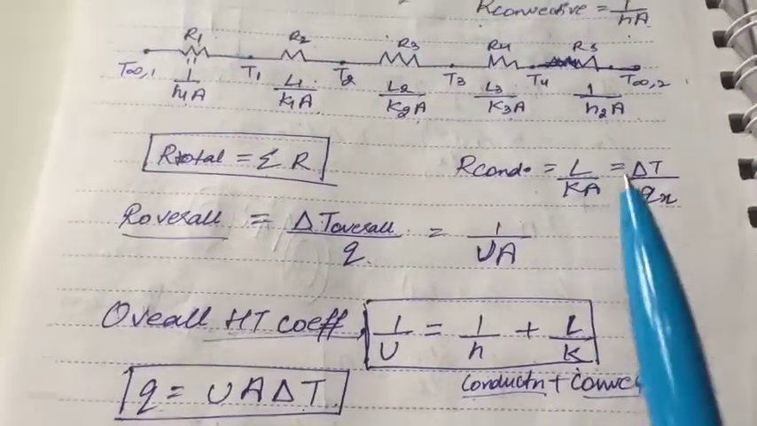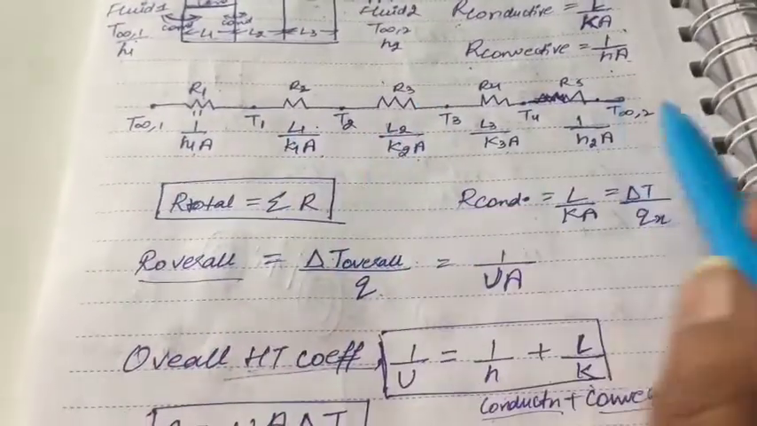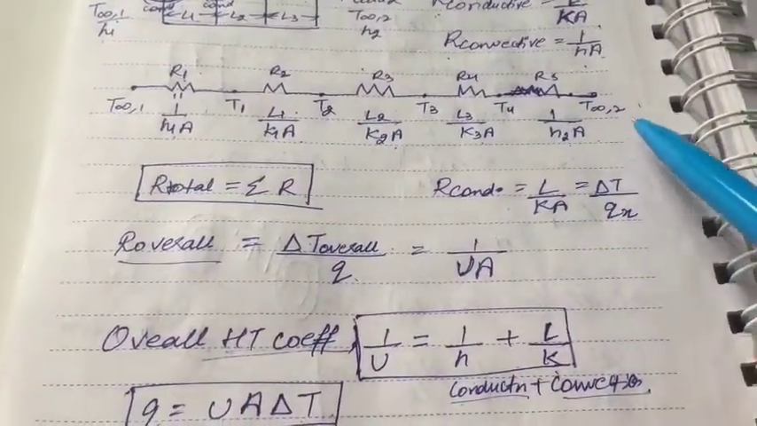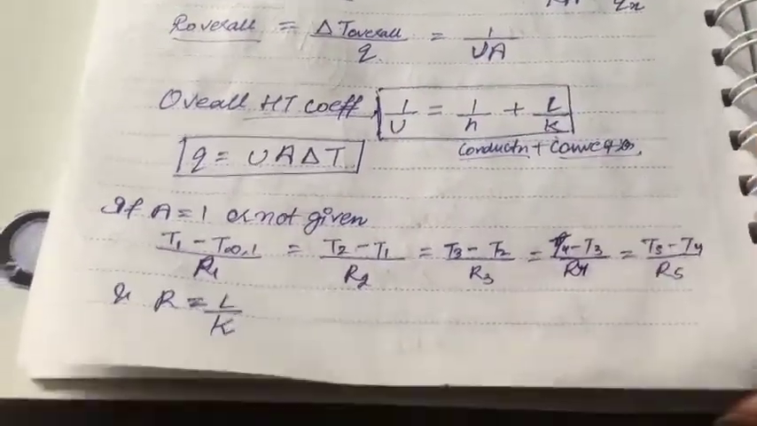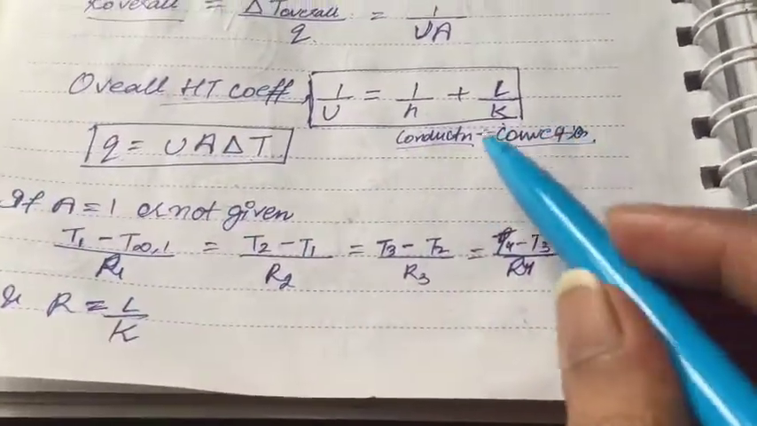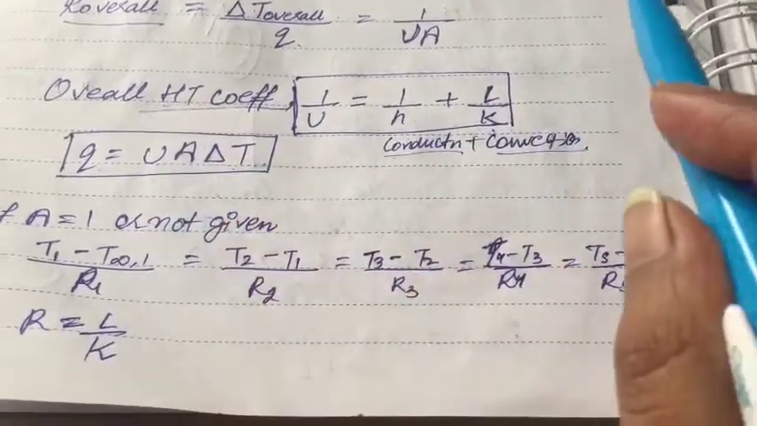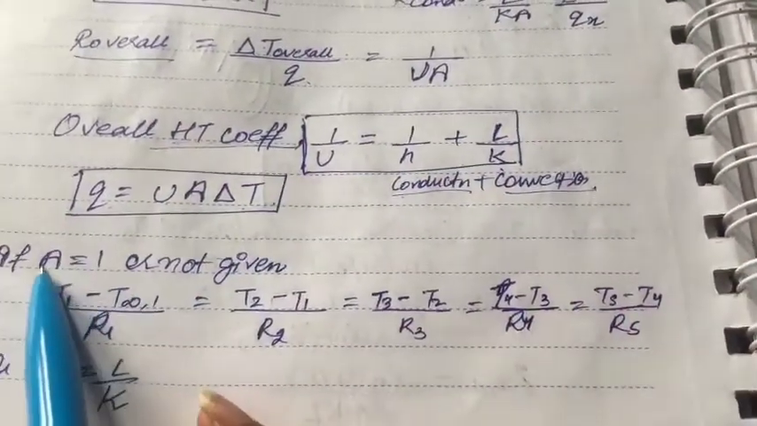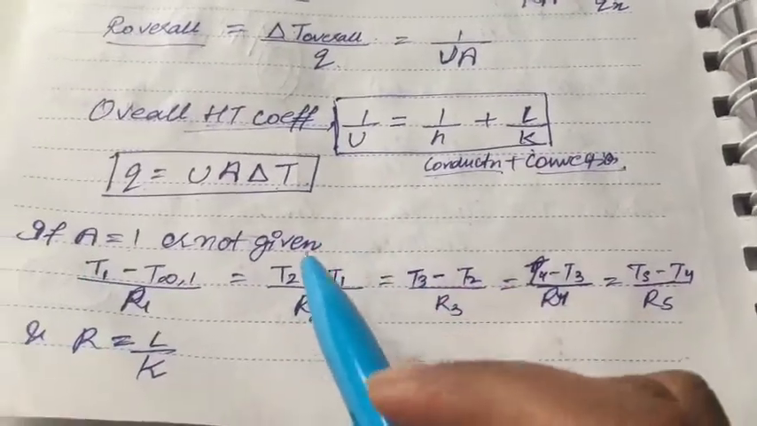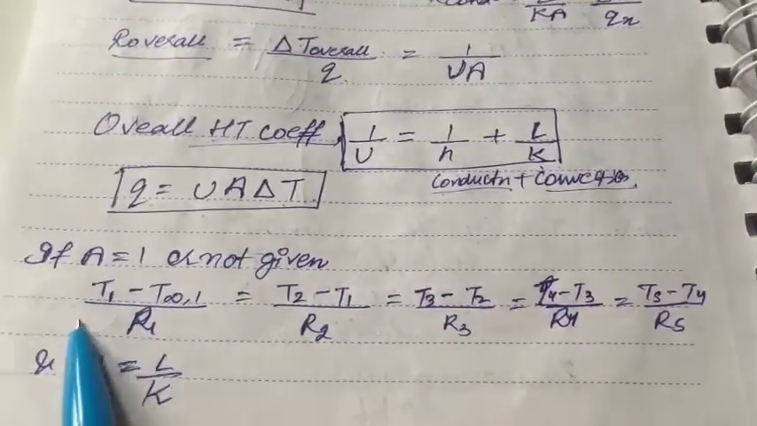So if we are given any question to solve a composite wall situation, then we can use this resistance network to calculate our total resistance and overall heat transfer coefficient. Okay, the area is used to calculate our overall coefficient, so if area is given as 1, or in case area is not given, in that case